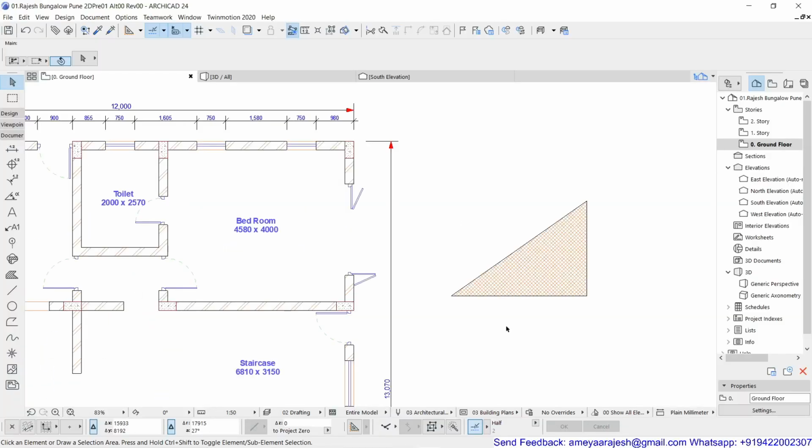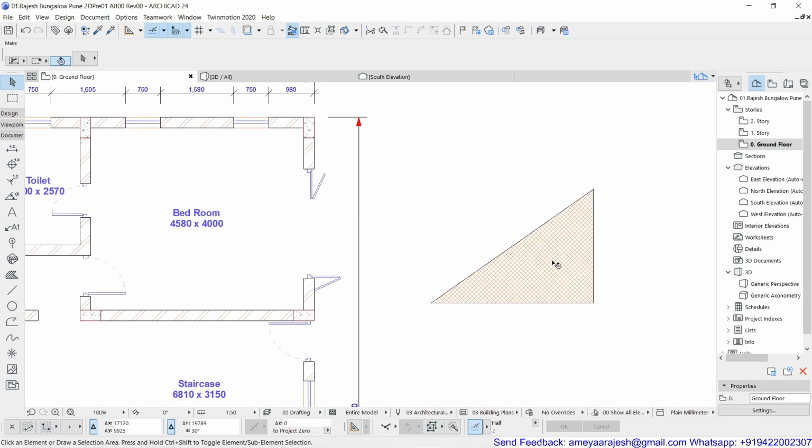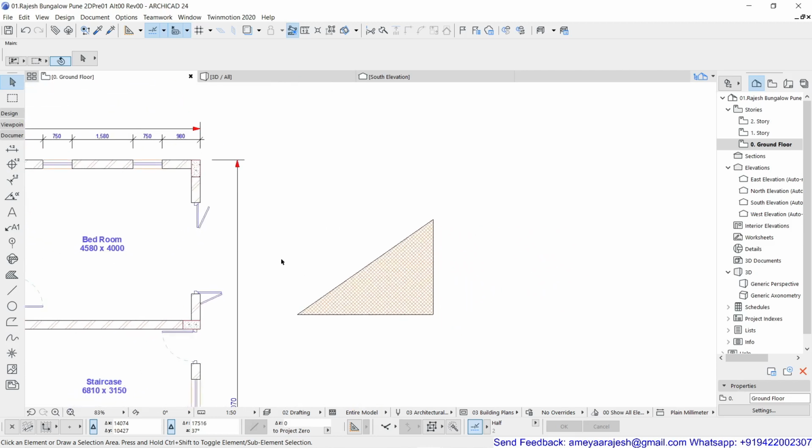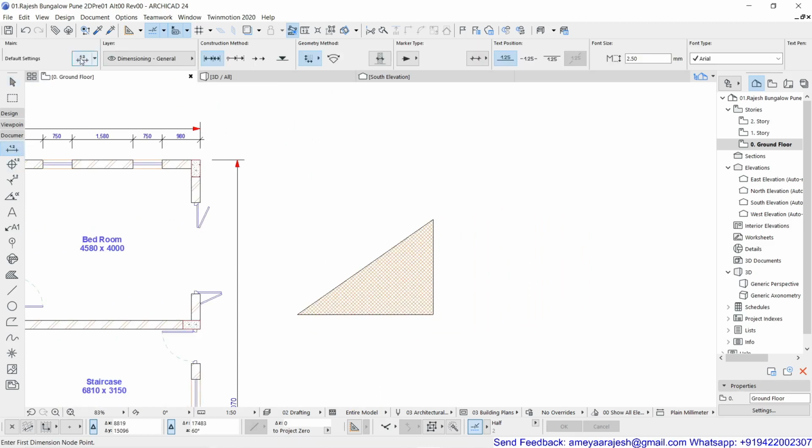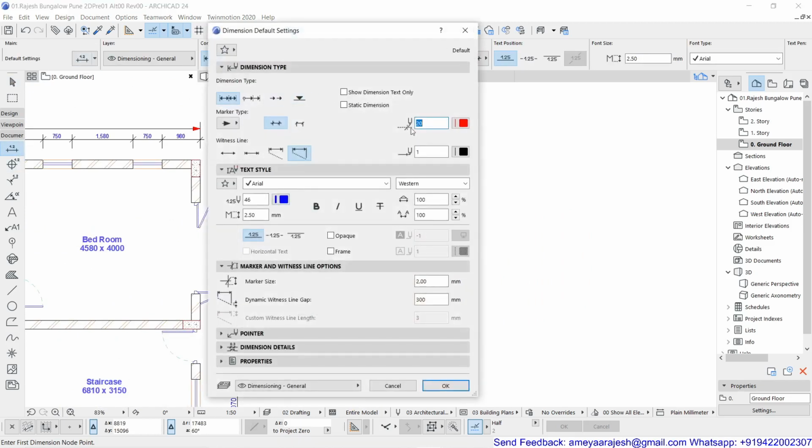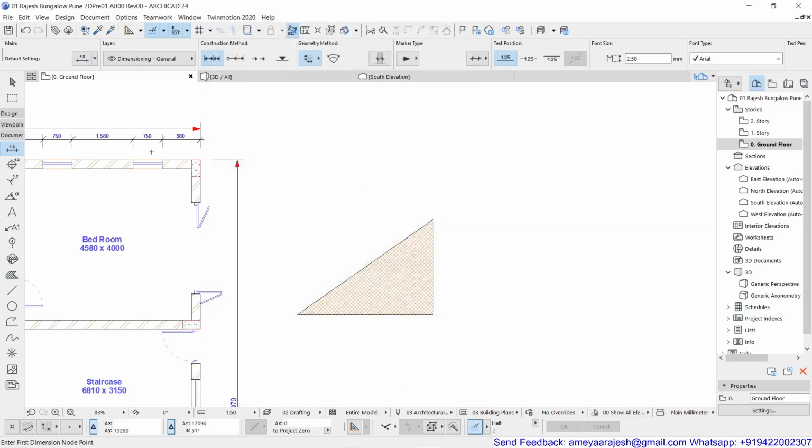Now let's see how I can place the dimension for this inclined side of the object. I've just created one simple object for your convenience. If you go inside the dimension, you will realize all the previous settings are there, and I'm not interested in continuing with this. I would like to continue with the other one, the smaller text height and the tick size. Fine, no worries. You just have to hold the Alt key and pick on the source object to pick the parameters. Fine. And now this time be careful.